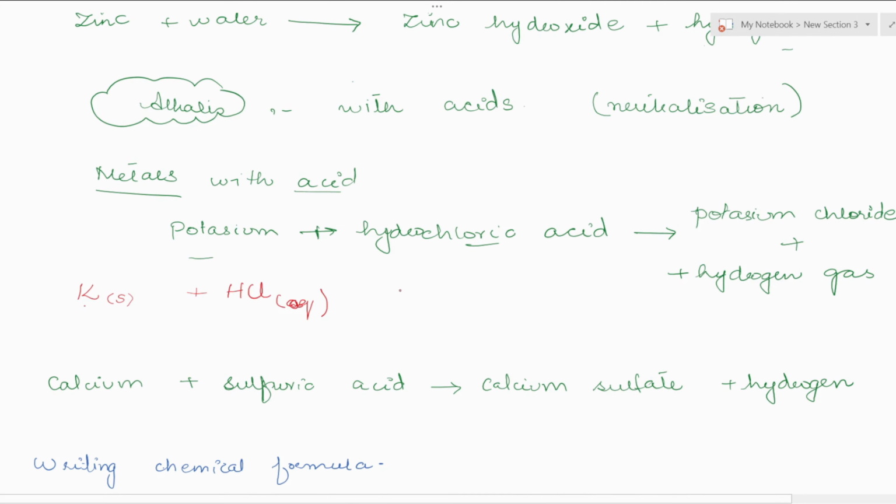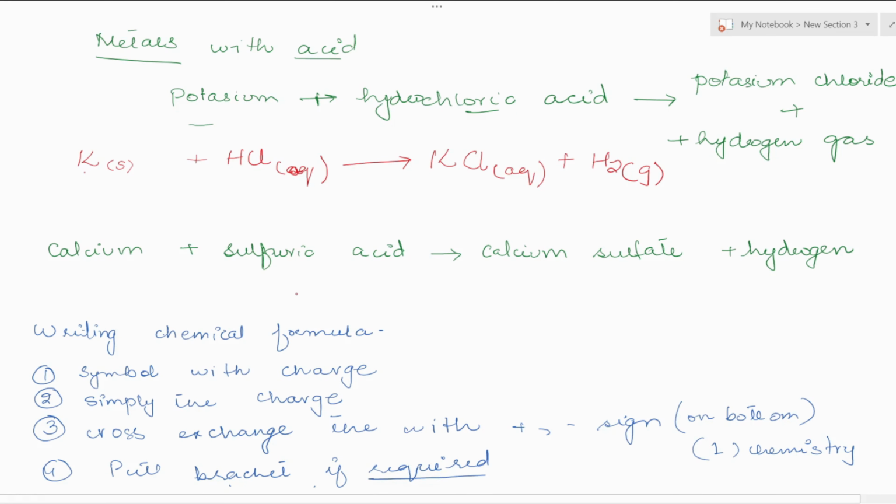What would be potassium chloride? The formula would be KCl. And what's their symbol? aq. Very good. And for hydrogen gas, we write H2 and the state symbol is g. Good. Calcium is Ca. It's a metal, so it's a solid. Sulfuric acid is